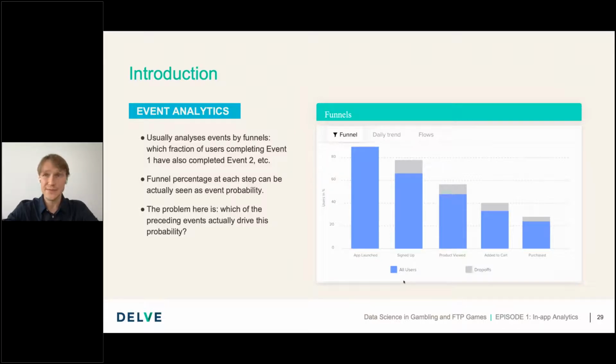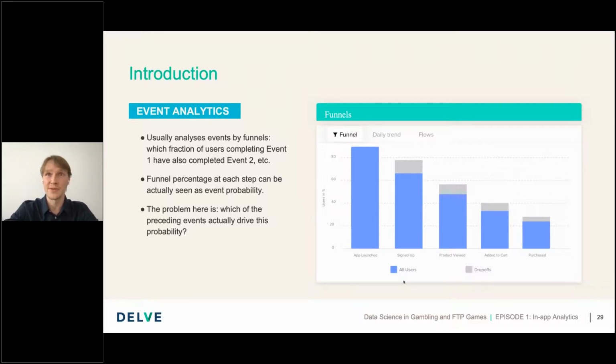But to understand these gray drop-offs at each bar, usually there is not enough data to predict which of the in-app events caused certain behavior, why the user did not complete the purchase. Maybe there was a certain difficulty not recorded.